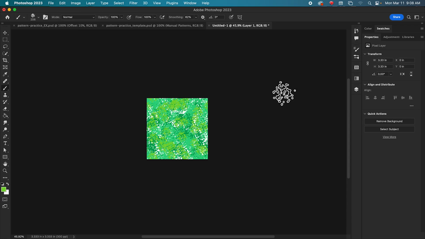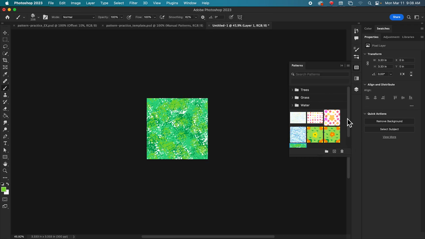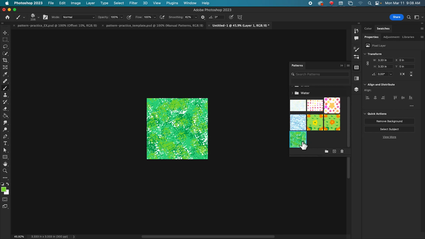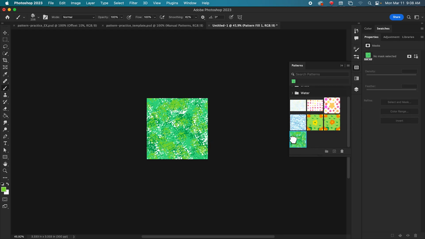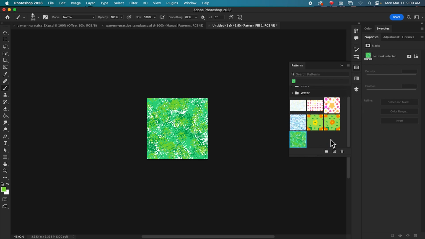If we want to find it, there's a couple different places. There is a patterns panel. You can see the other ones I've made. Here I can change the name if I want to. And you can see the built-in patterns. You'll recognize these from the advanced brush settings. And anything that can be filled with a fill, like a gradient or a solid color, can be filled with a pattern. And you can also use this as a texture for your brushes.